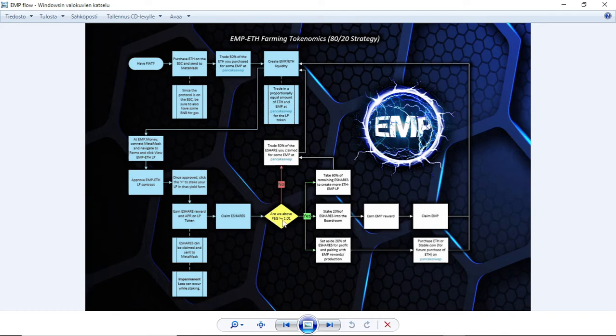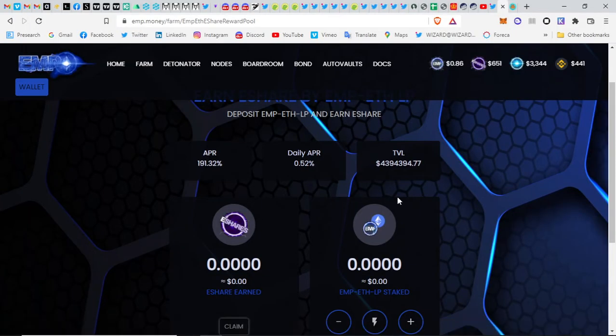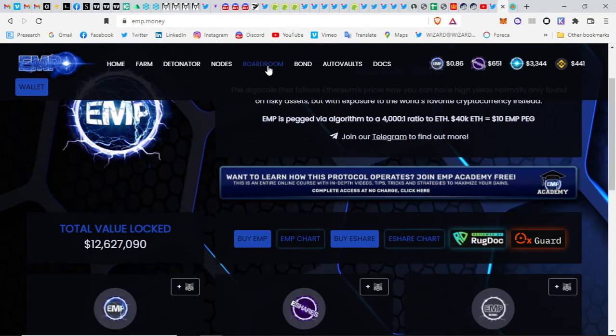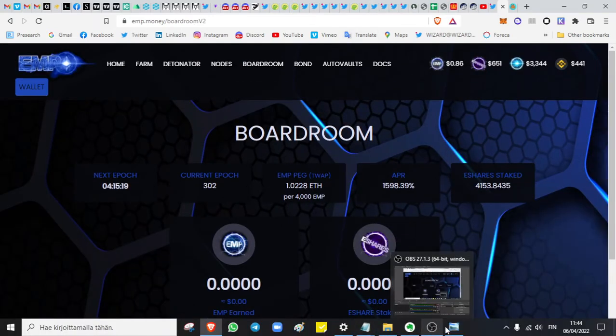And then depending on whether the protocol is above the peg or below the peg, that will define your next steps of action. So if we look here, go to the front page. Above peg is when it's above 1.01. So now it's above peg. And what happens then is that you can then